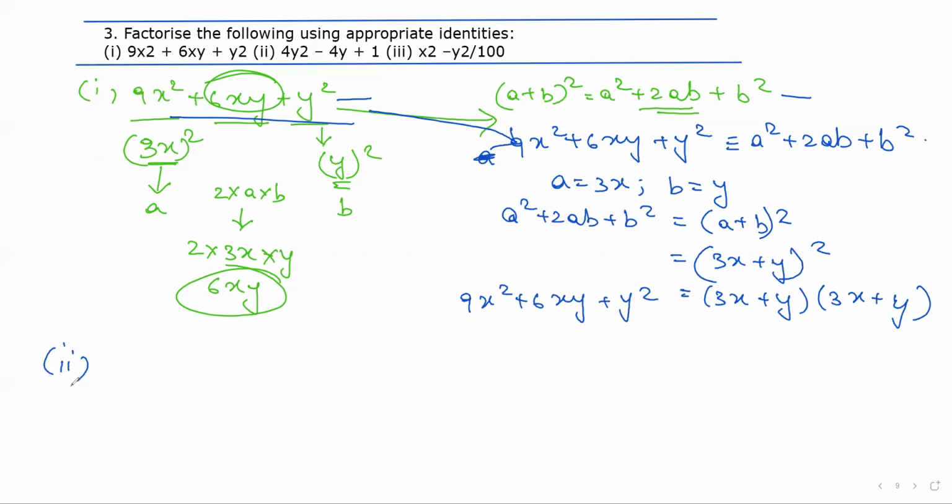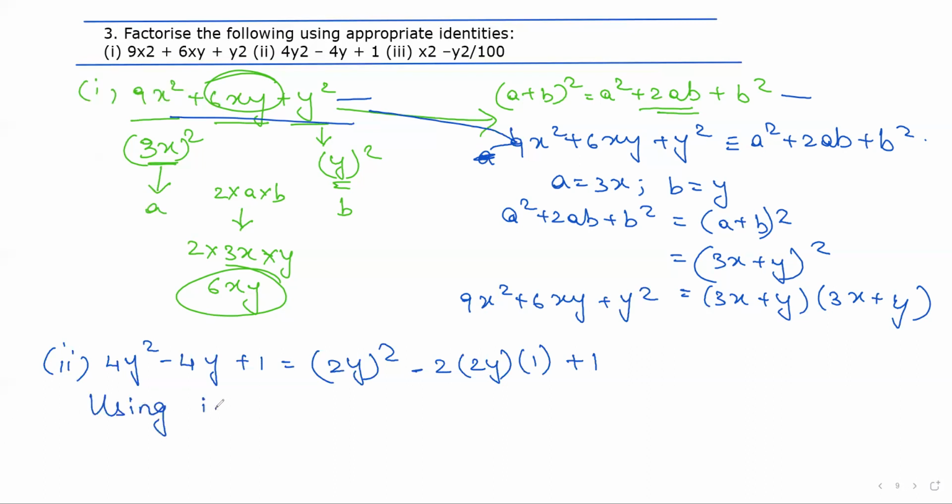Second question. Again, you have to factorize 4y square minus 4y plus 1. So this can be written as 2y whole square minus 2 into 2y, now your last term is 1, so you'll write multiplied by 1, plus 1. Using the identity, this looks like a square minus 2ab plus b square. So a minus b whole square is equals to a square minus 2ab plus b square. We get,